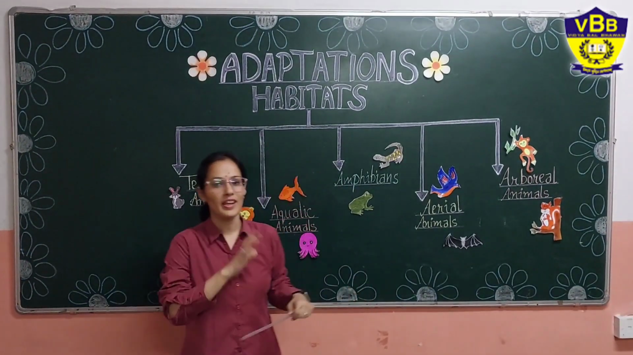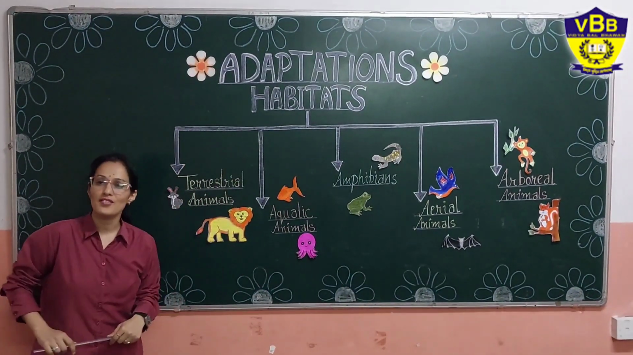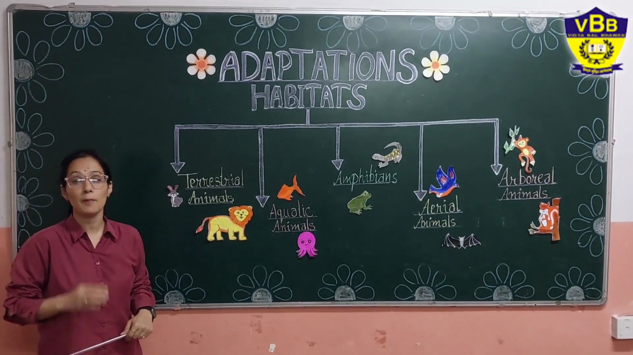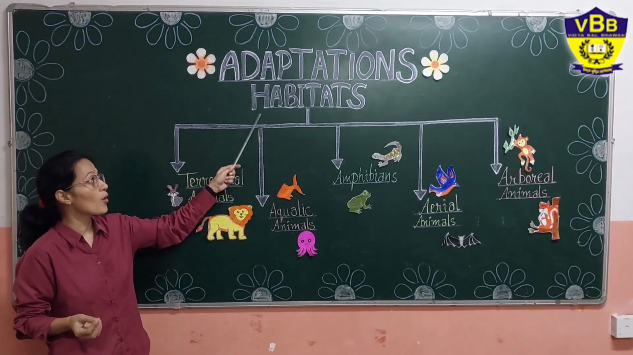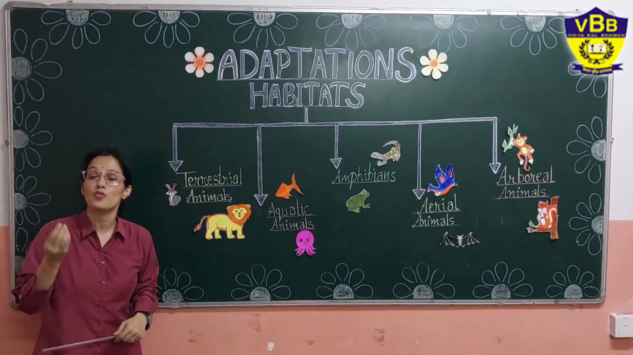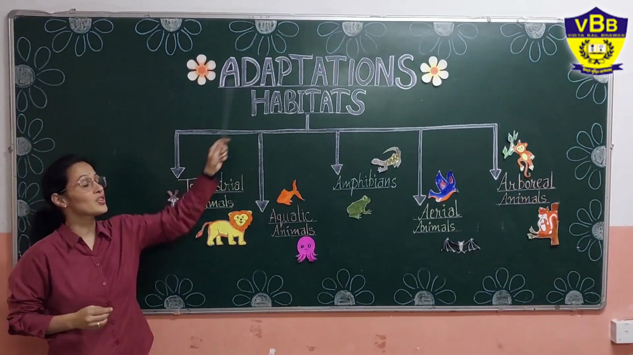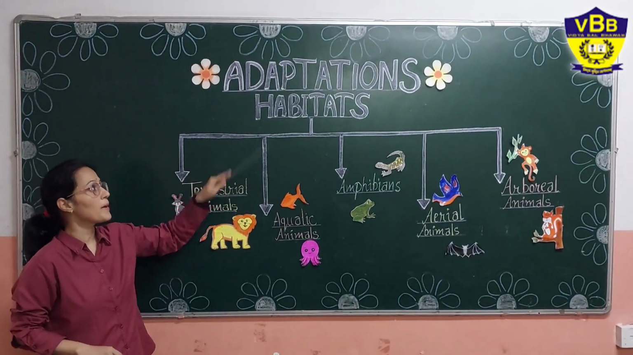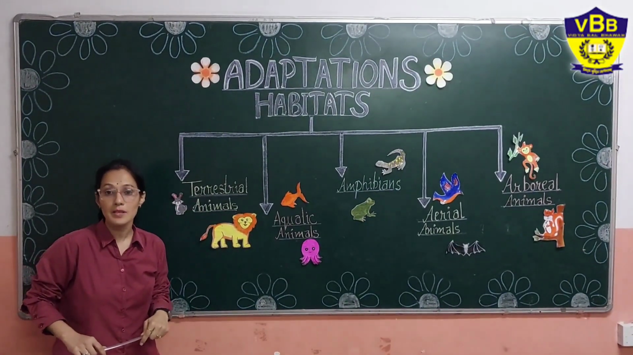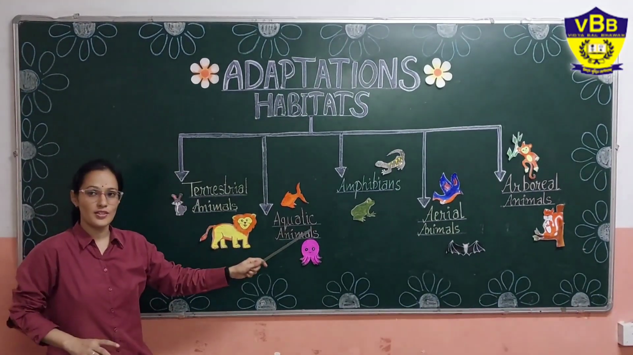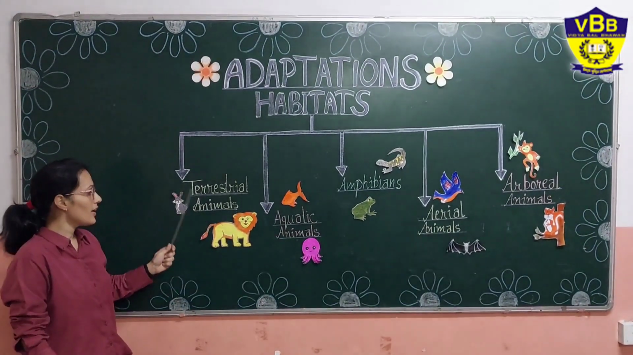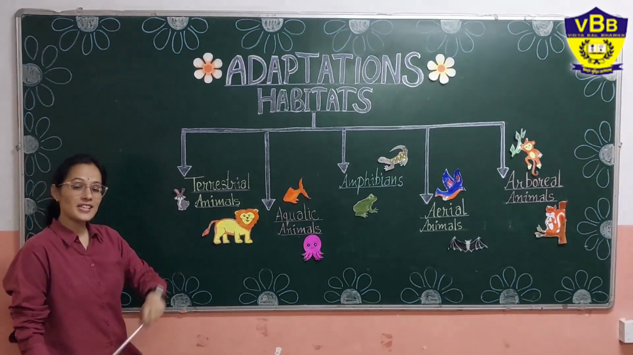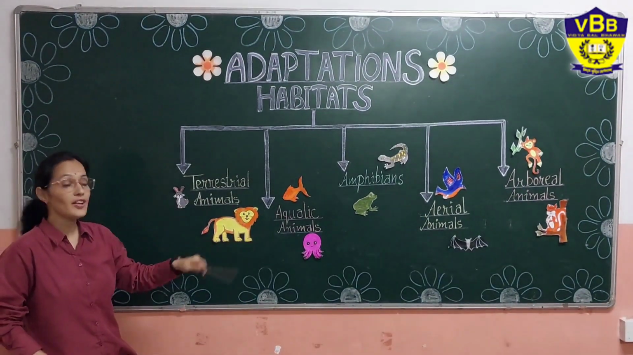Let's have a quick recap. Today we have studied adaptation depending upon different things, like food, habitat, and protection. So adaptation is categorized in different categories. Today we have categorized 5 categories: terrestrial animals, animals who live on land; aquatic animals, animals who live in